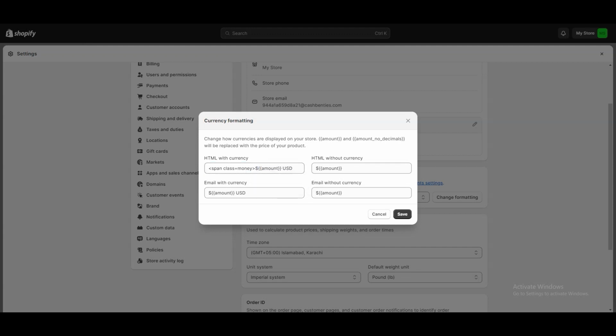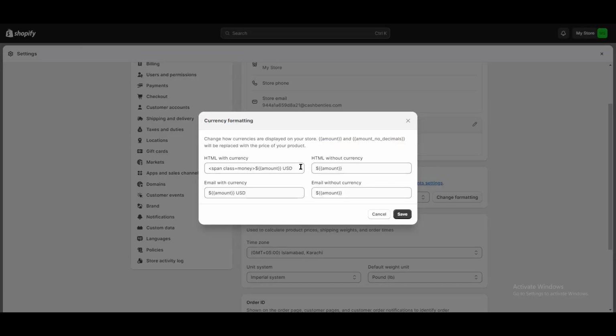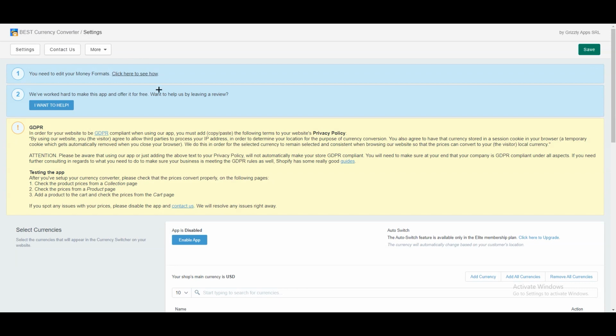And the second thing you need to do is just go back to that page, copy the step 6, go back and paste that after USD, and do the same with the other one, HTML without currency. Once you do that, just click on save, and after that you can just go back to the settings